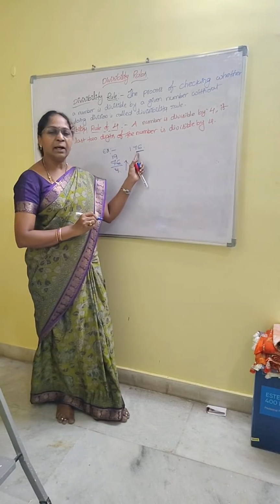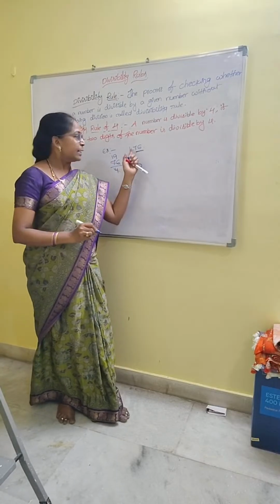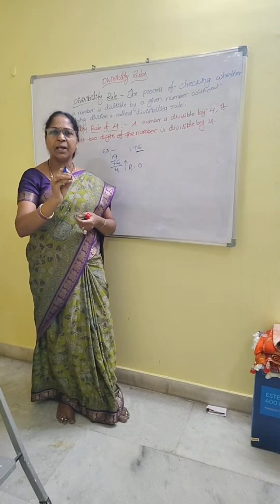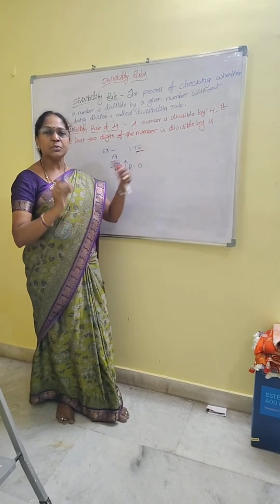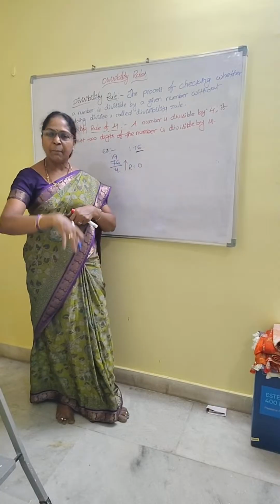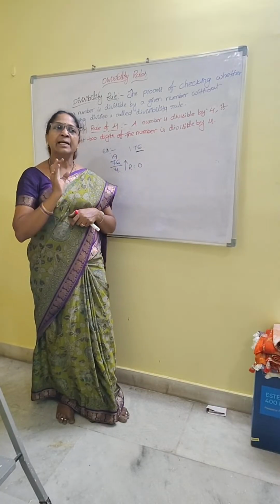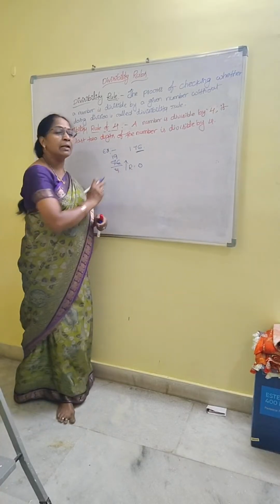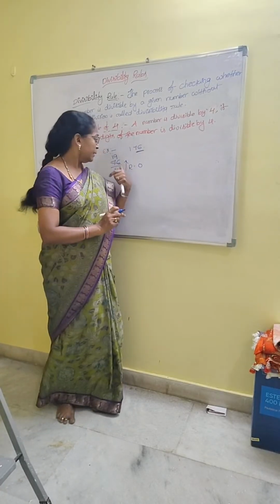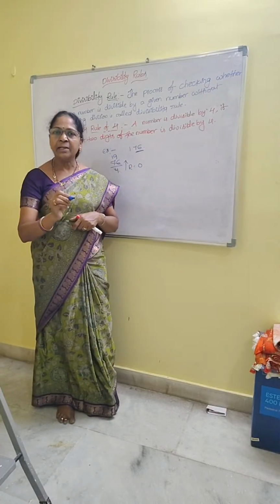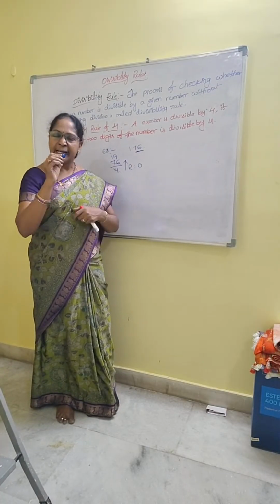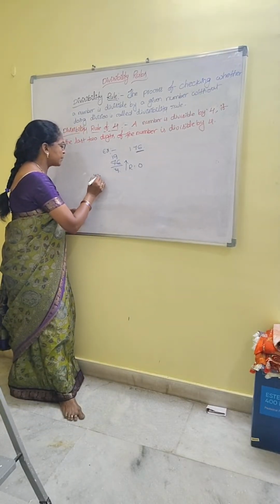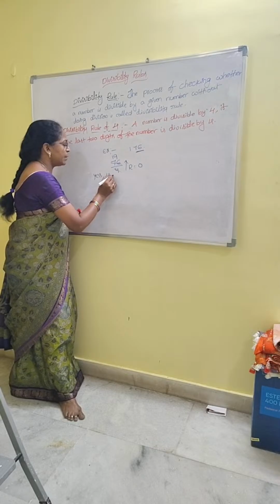So like that we consider only the last two digits of the given number and check them with 4. Whenever we get remainder 0, the number is exactly divisible. So you can say yes, the given number